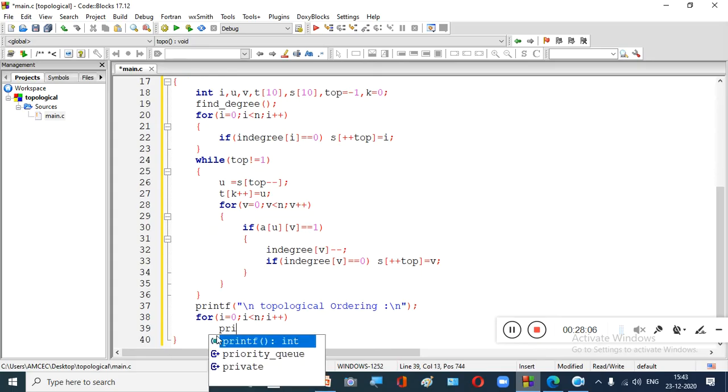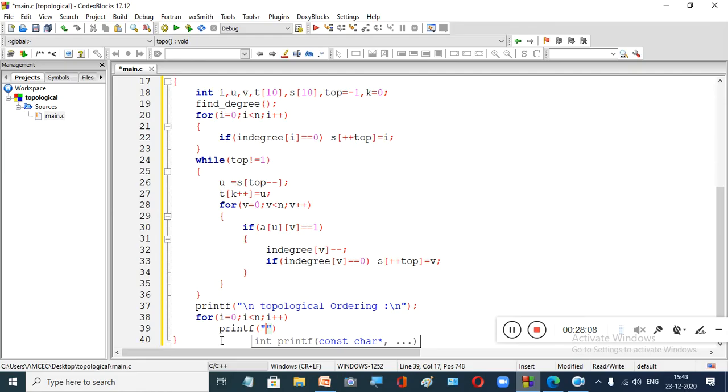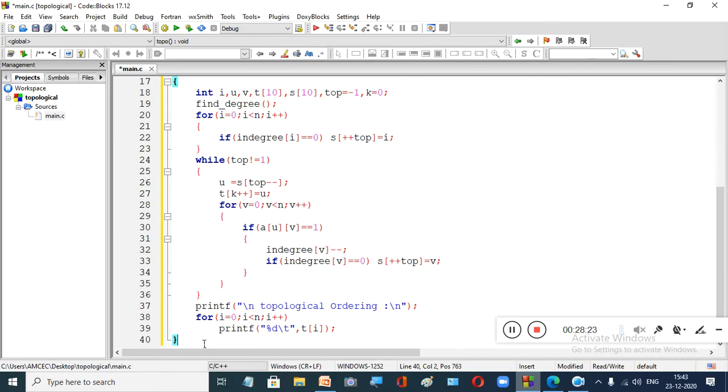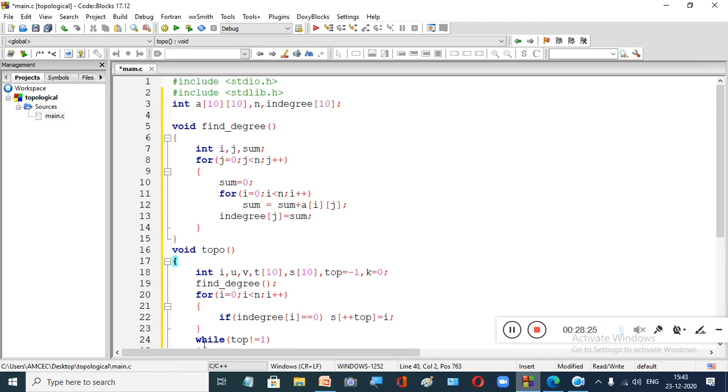So what you have to do? printf %d, comma t of I. So this is your program to find the topological ordering, right?